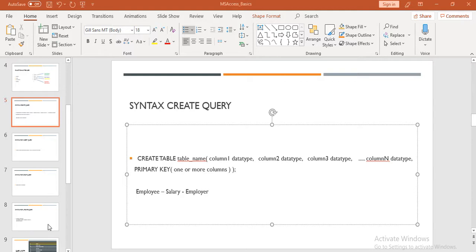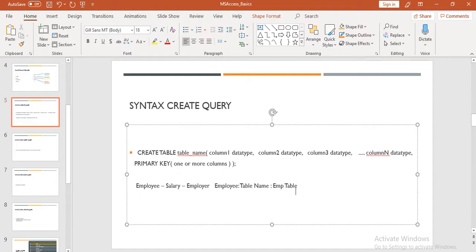First we decide what is the attribute that we are going to use, what is the defining factor that we are using to create the structure. Then each attribute, meaning each column, and the respective data type it is. Let me give you an example. If you are using employee, we should decide the table name and all these things before creating that emp table. Then